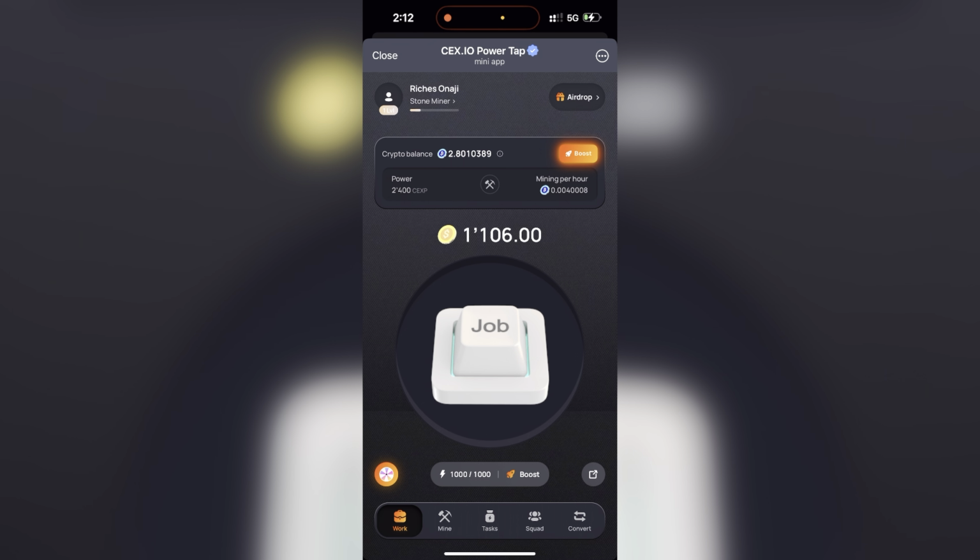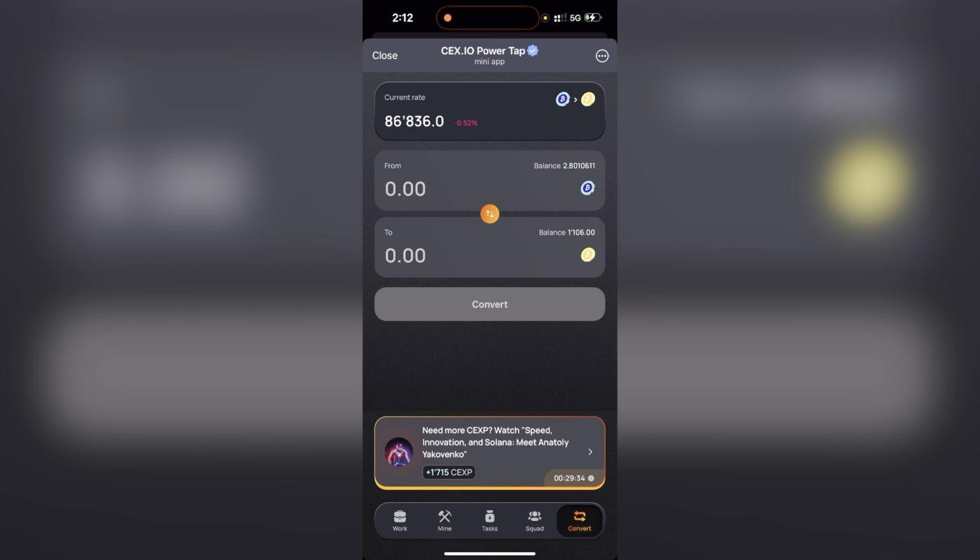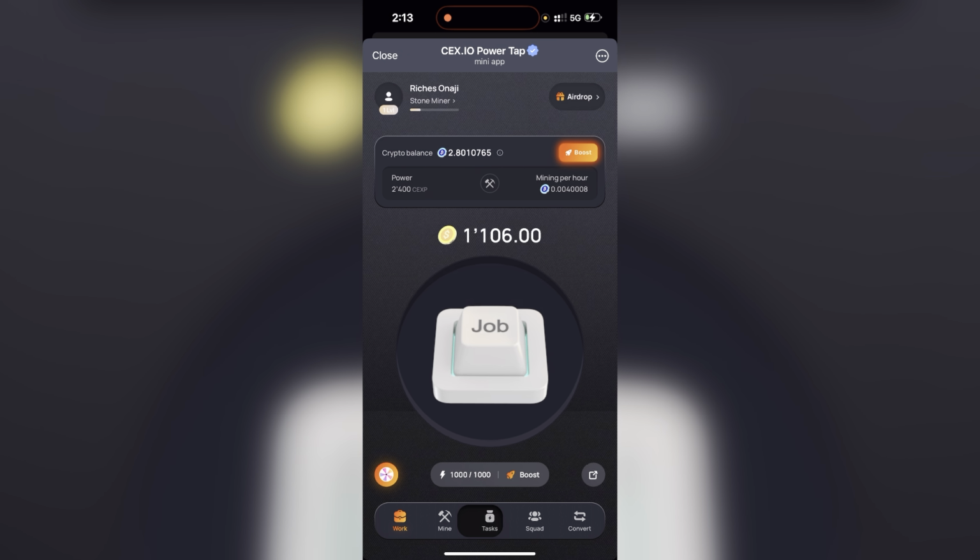Okay guys, so if you open your CEXP.io Power Tab app, basically this is what you're going to see. Before now, if you have the CEXP.io exchange app, you can see your CEXP points when you do the conversion. You can see the balance right at your CEXP.io. But one of the things that just happened recently is this innovation. Now here, if you tap on airdrop, you see that it's going to take you to